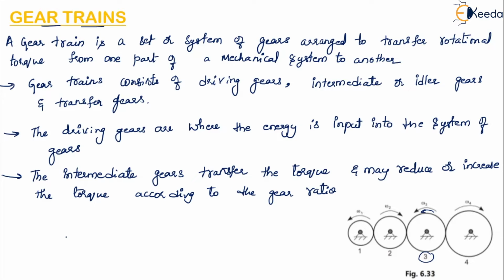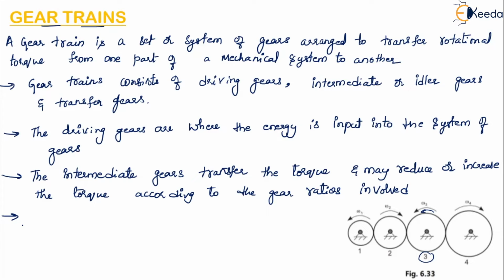Based on the gear ratio, it will either increase or reduce the torque. Then the transfer gears pass the modified torque onto the next component in the machine, whether it is a